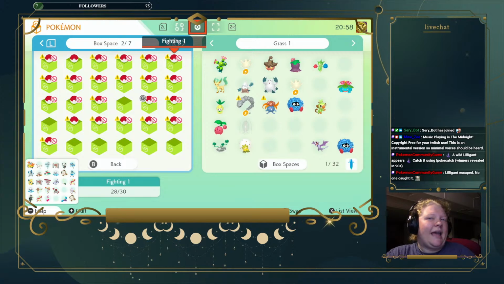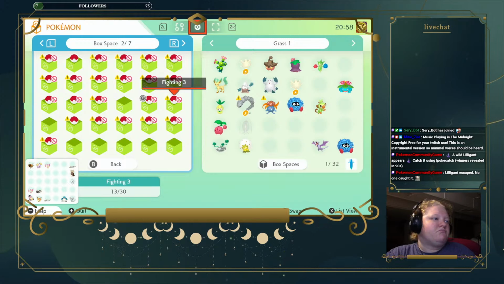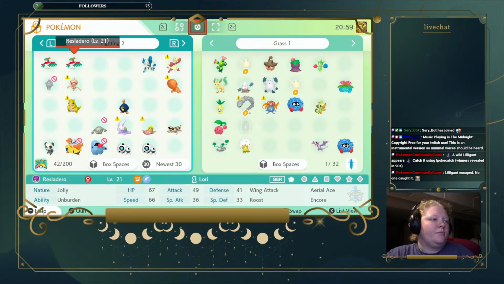So I'm about halfway through Yellow. And that is perfectly fine. However, why do I have two? Are they from